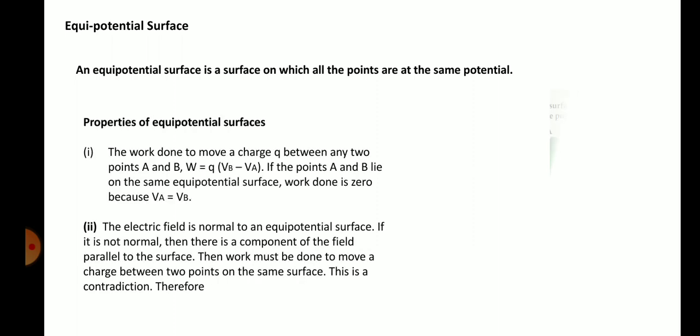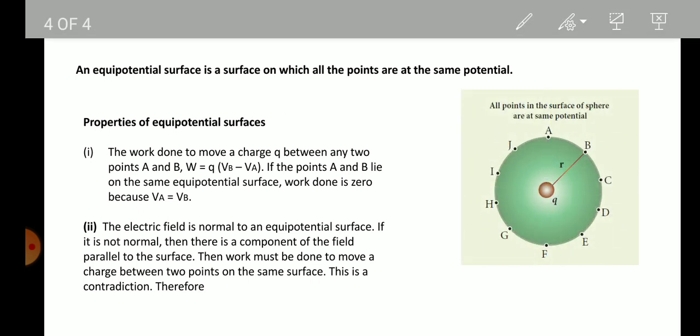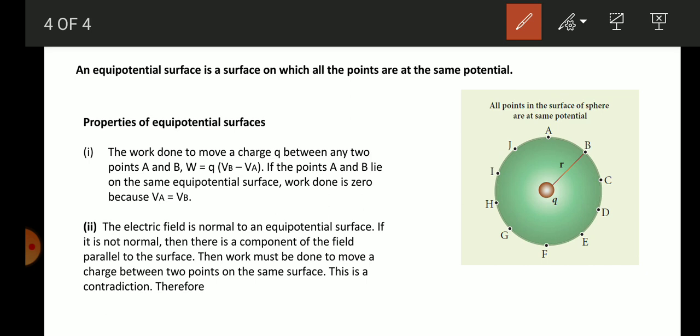Now look at this diagram, we will understand. Consider the sphere. In the sphere, a plus Q charge is placed at the center of the sphere and the points A, B, C, D are marked on the surface of the sphere. Now if I calculate the potential at A due to this charge Q and the potential at B due to the Q charge, at different regions on the surface of the sphere, and all of them have the same potential due to this plus Q charge, then the sphere is said to be an equipotential sphere. That means all of the surface will be at the same potential.